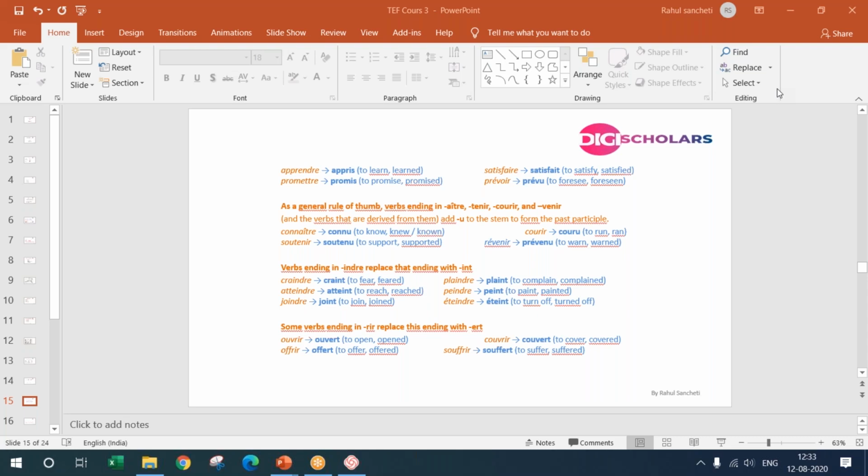See, when you are conjugating any sentence in the passé composé, the first thing you have to check is the verb, if it is from the list of 14 verbs or not. If it is from the list of 14 verbs, you conjugate it accordingly. And now you have to check if it is female singular or female plural, and based on that, you add that extra e or es.